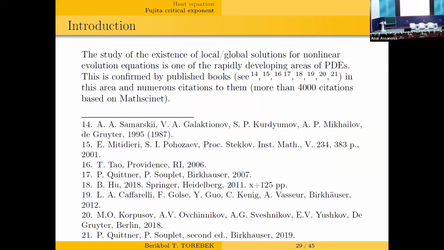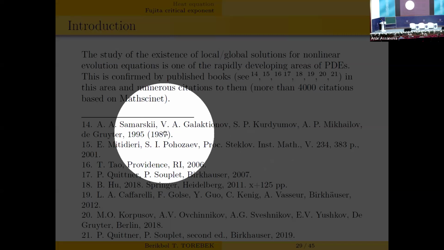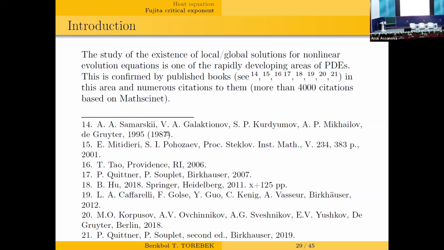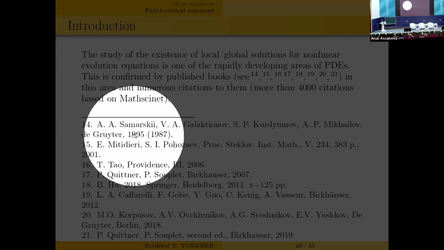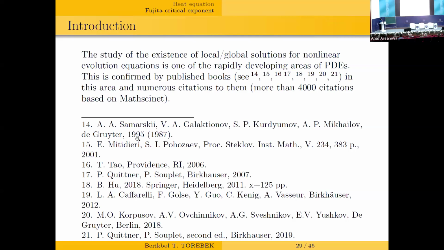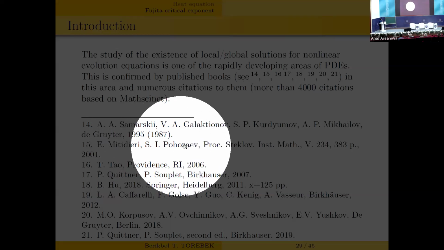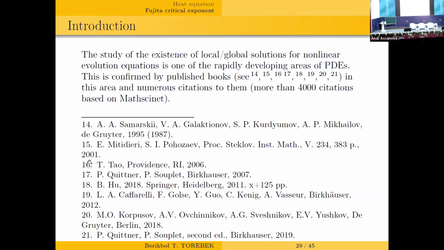And there are also some books devoted to these directions. There is a book by Samarskii, Galaktionov, Kurdyumov, Mikhailov, published in 1987 in Russian, and later it was translated to English in 1995. And also there is a book by Mitidieri and Pokhozhaev in 2001. It's also in Russian. And also there is a book by Terence Tao about dispersive nonlinear equations, including Korteweg-de Vries type